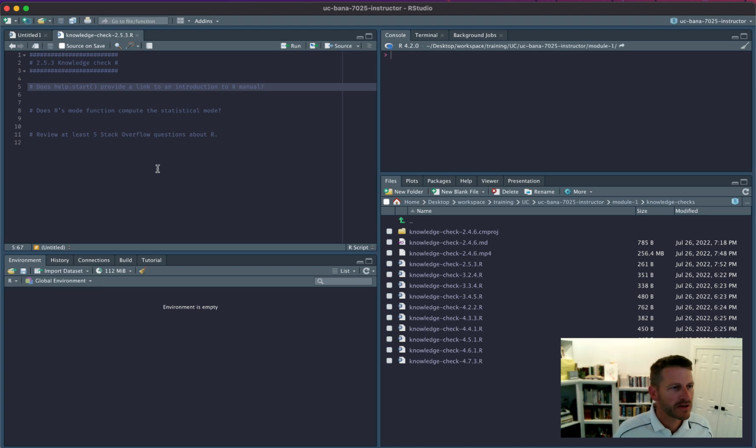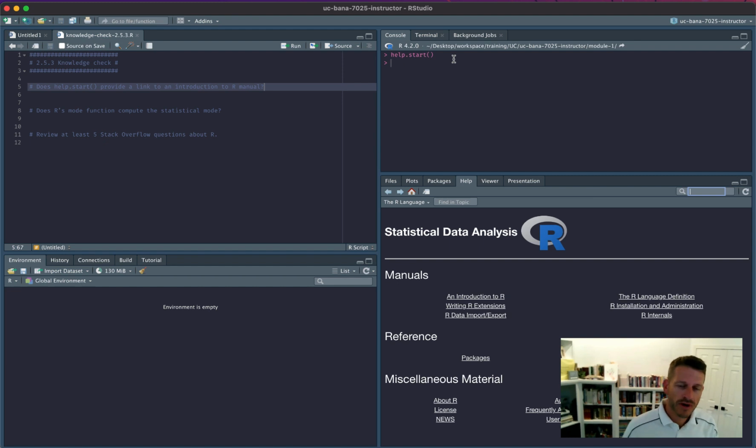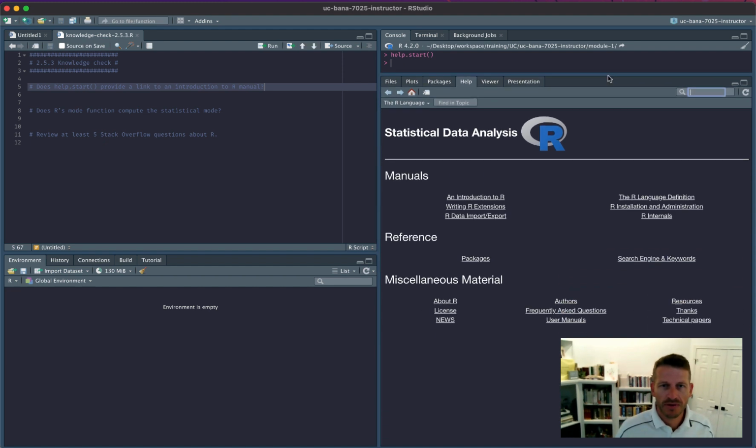All right, so let's take a look at Knowledge Check 2.5.3. So the first question was, does help.start provide a link to an Introduction to R manual? Let's go ahead and type this in our console. And when we run this function, it brings up this help file that provides a bunch of different